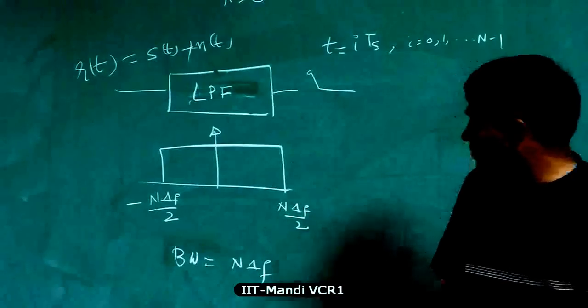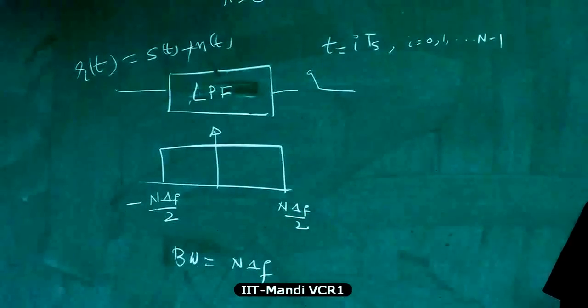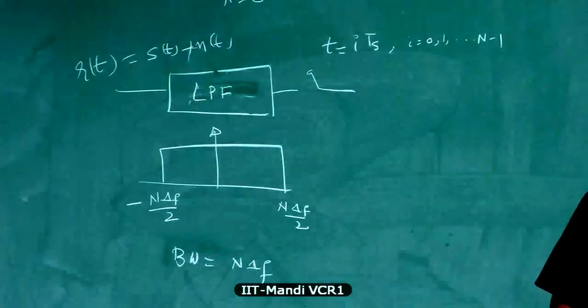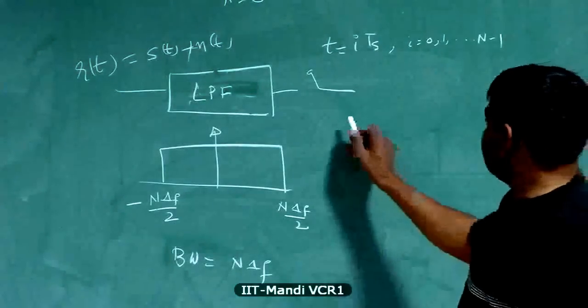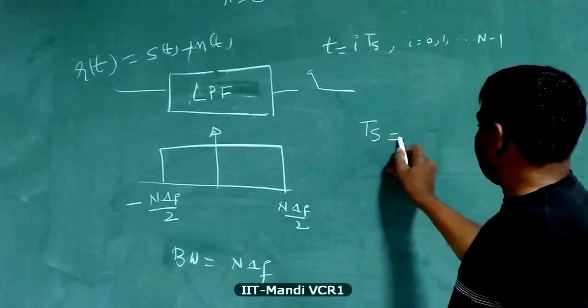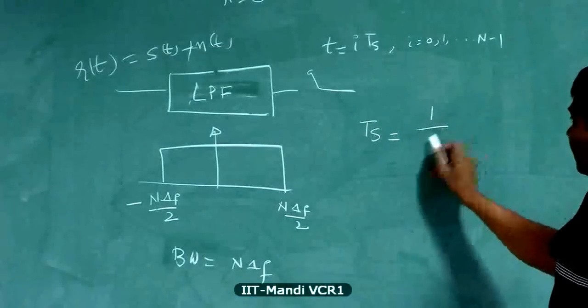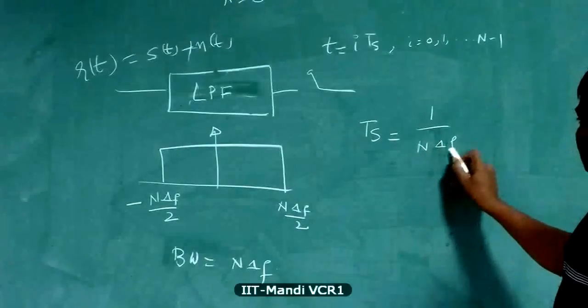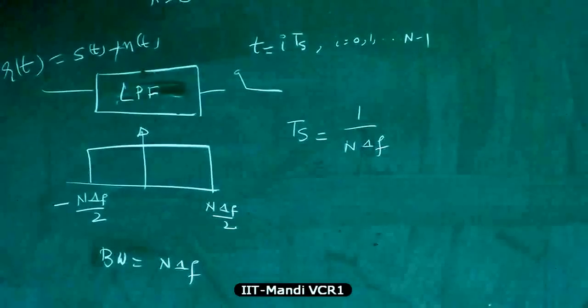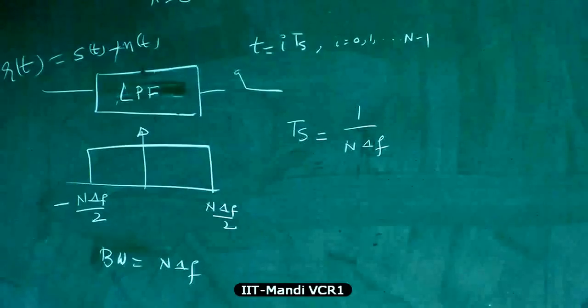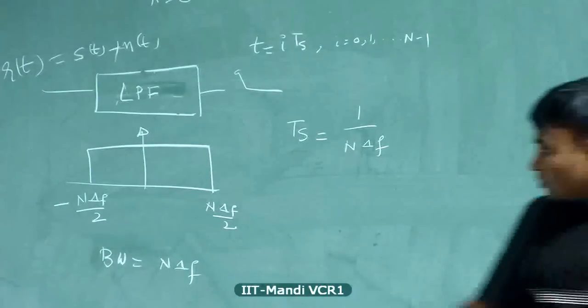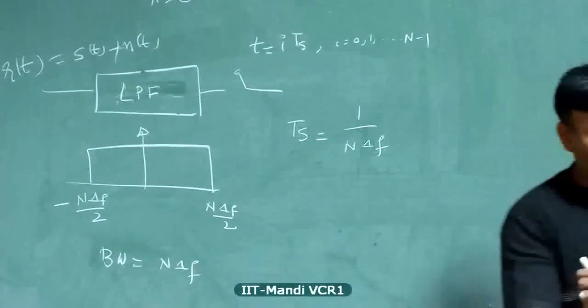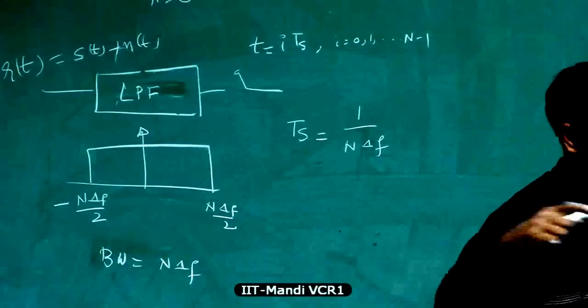If we want to perfectly reconstruct the received signal without aliasing, what should be the value of Ts? Ts should be chosen as at least 1 over n times delta f, twice the highest frequency component. But you may argue that the waveform is not band limited because it has side lobes. In reality, the bandwidth of the system is not truly n times delta f, but you may load only n bar subcarriers and drop a few tones on the edges.